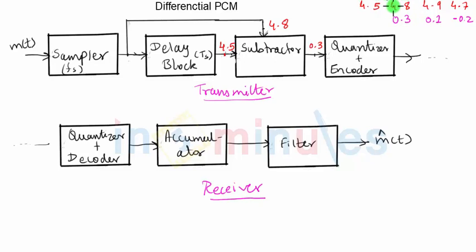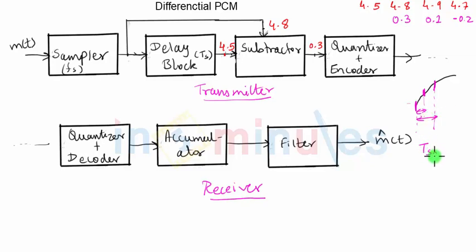If the gap between the two samples is large, then probably you cannot have the two samples with similar values. For example, if this is a signal and if I take the two samples like this, you can see the difference between them will be large. And hence I'll have to reduce the time gap between them by taking one more sample in between. And in that case, I'll be able to reduce the difference between them also. Now, if you compare the original time gap and the new time gap, obviously the new time gap is smaller compared to the original one.